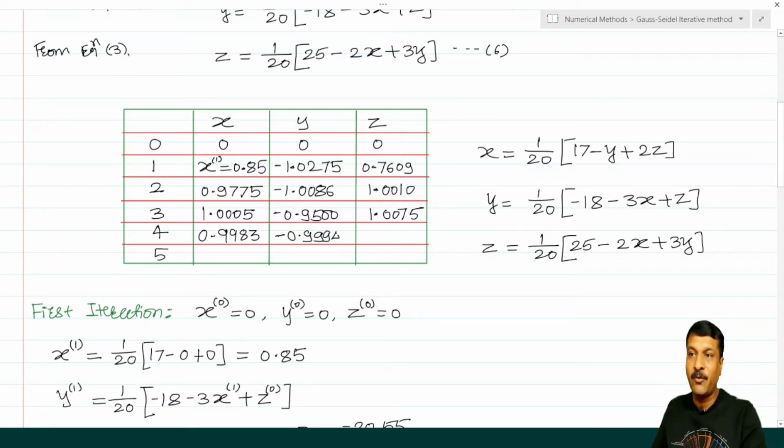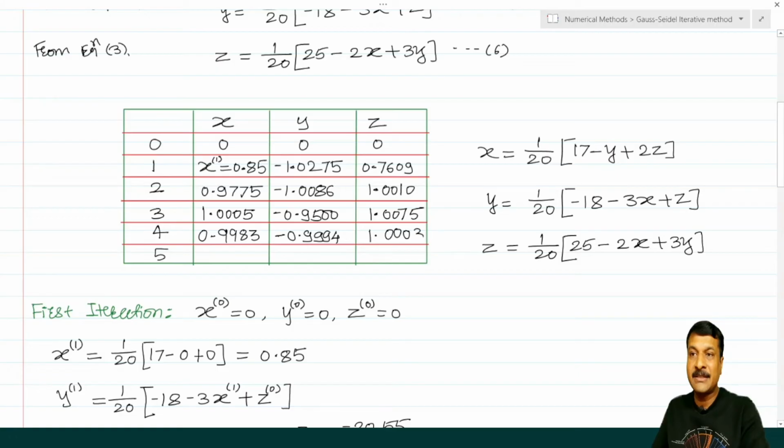37 means 4. Now the z value by using this equation and the recent values of x and y. 25 minus 2x, x is the recent 0.9983, plus 3 into y, minus 0.9994. This value is 20.0052 divided by 20. So I am getting here